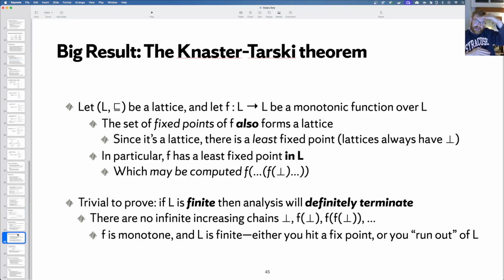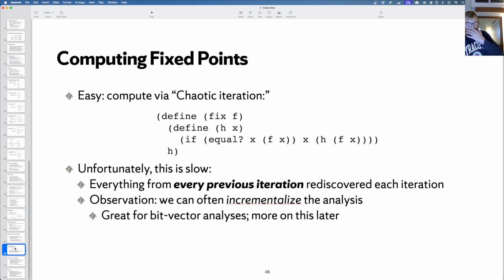And because that lattice is finite, in particular, it's finite height. And so eventually you're just going to run out of L. You'll eventually hit top. And so if you make L finite by construction, then all ascending chains are also finite. There are no infinite ascending chains, which are the thing that might cause the analysis to be non-terminating.